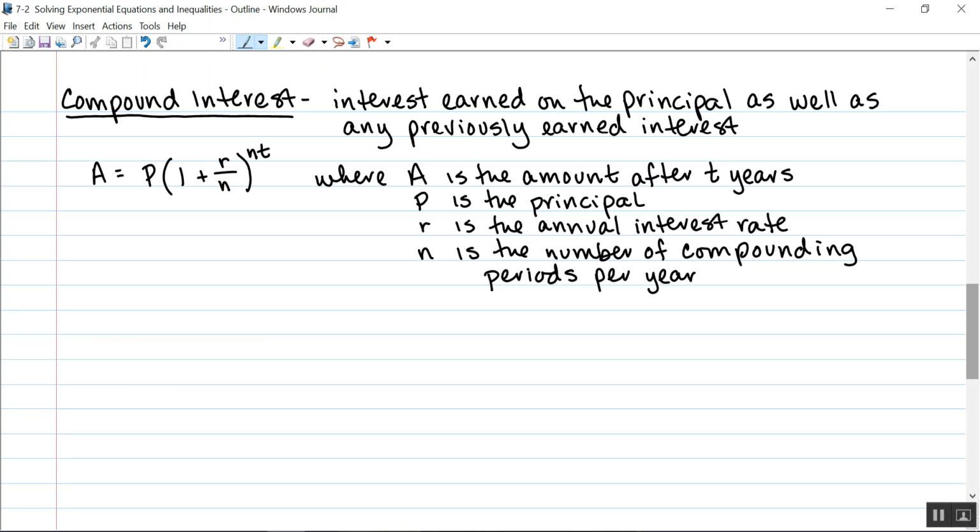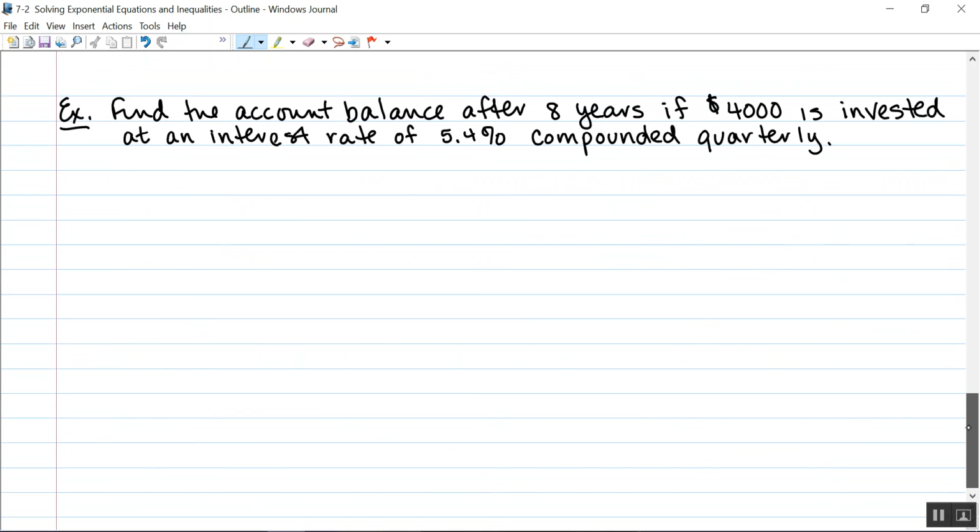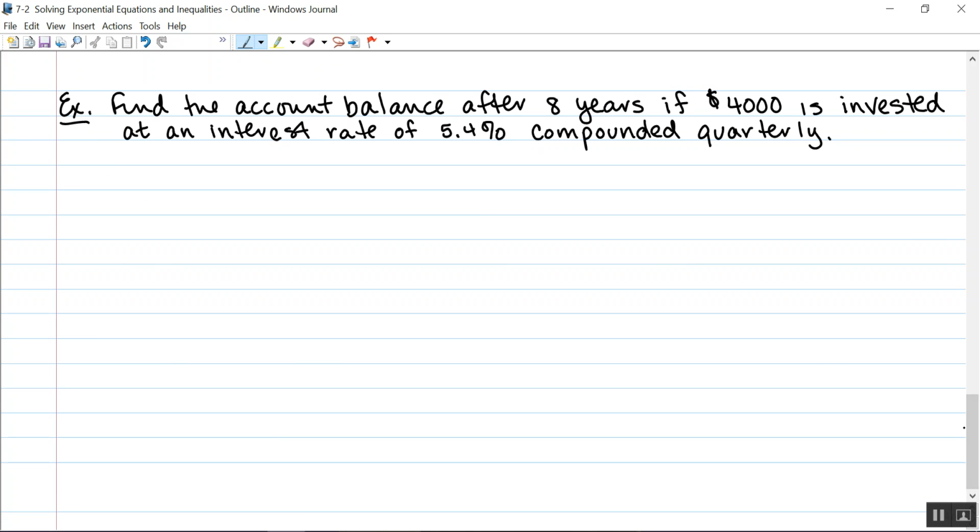The formula is A equals P times 1 plus r over n raised to the power of nt, where A is the amount after t number of years, P is the amount of the principal, r is the annual interest rate, written as a decimal, and n is the number of compounding periods per year. Okay, so let's take a look at an example here. Find the account balance after 8